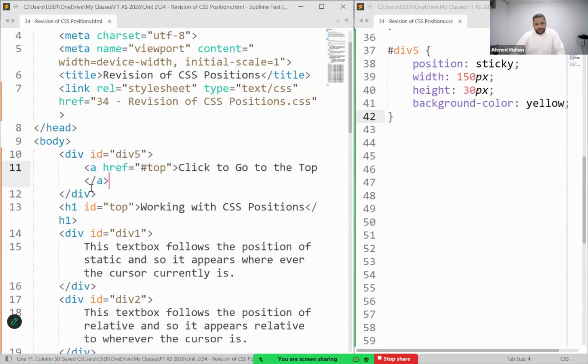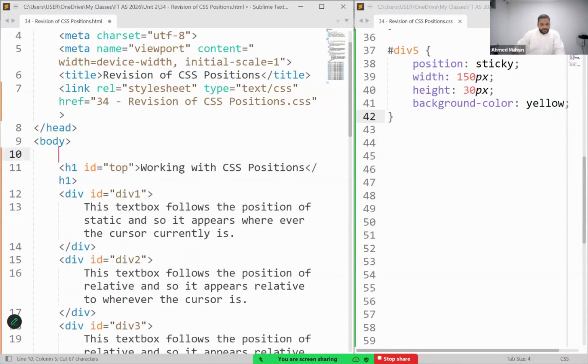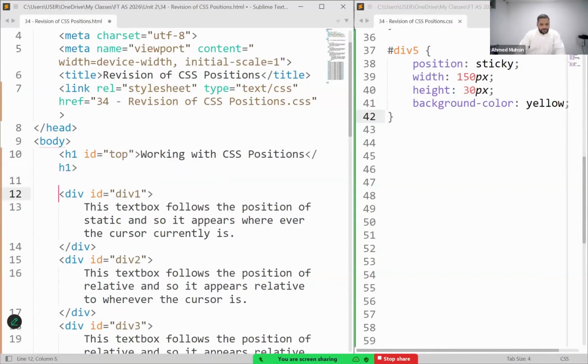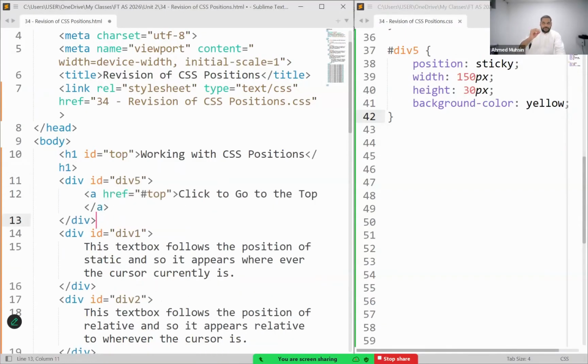Before your heading or after your heading, it's not a problem. But it will be better to keep it after the heading, no? Because we want to go up to the heading. Better we place it after our heading, because when I click on this, I want to go to the heading. I want to go up, right? So keep this below the heading. Everybody okay with this? Keep this below your heading. Okay. Then everybody,